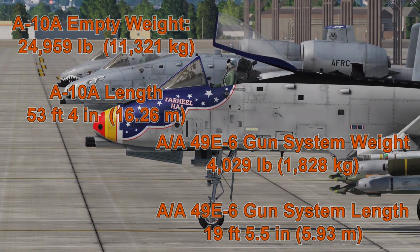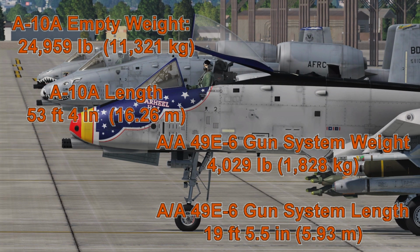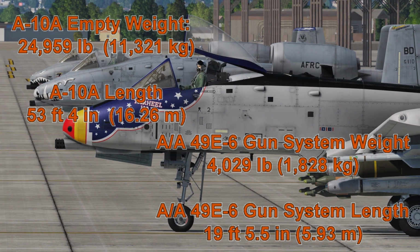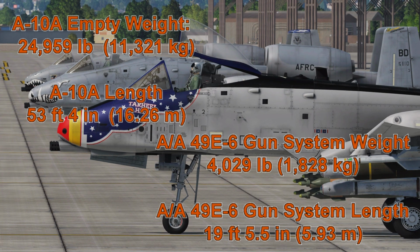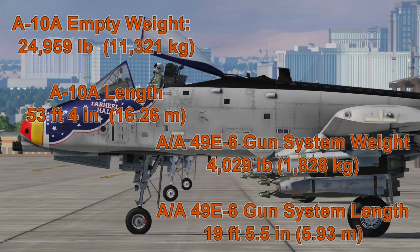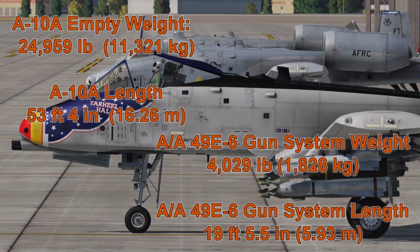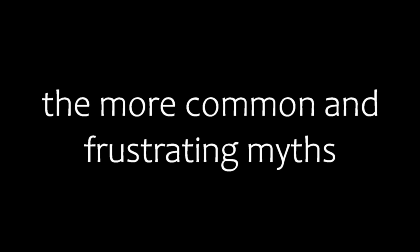The gun is a huge gun, but it does not take up most of the airplane. Now, it is big enough, heavy enough specifically, that in center of gravity on airplanes being what it is, if they take the gun out for maintenance, they actually have to put a jack under the back of the airplane to keep it from tipping backwards, which I assume is due mostly to the weight of the engines. Okay, so that one wasn't too big, but let's get into